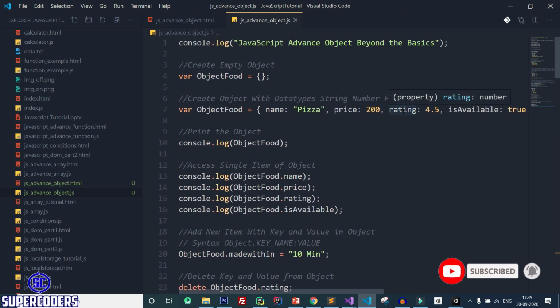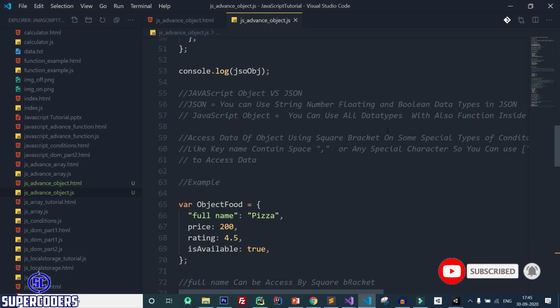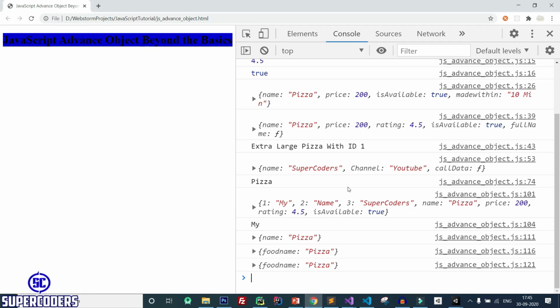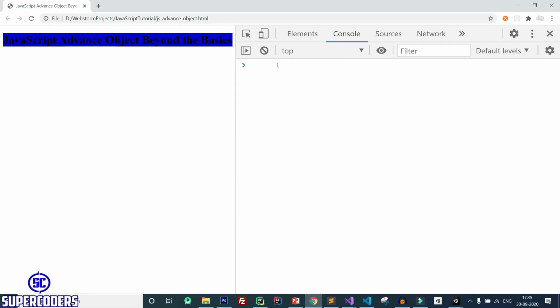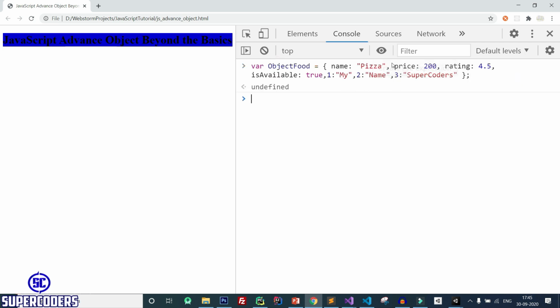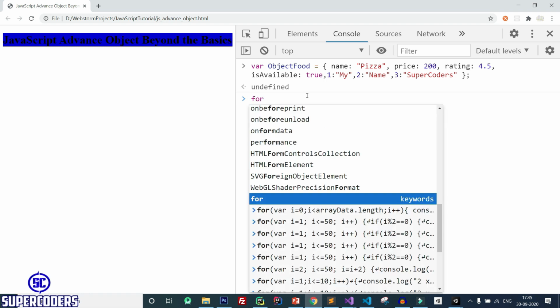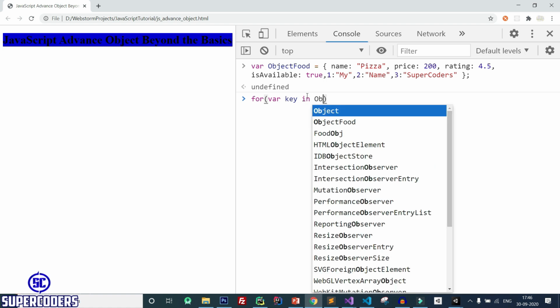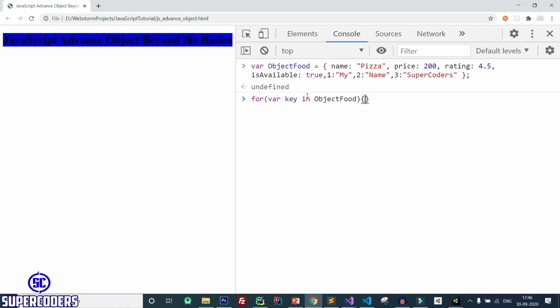Let's see how you can access all the data of objects using key value. So again back to VS Code and clear the console. Let's create an empty object. So here this is the empty object, and you want to access all the data of this object using key value using for loop. So let's see, for key in object food.